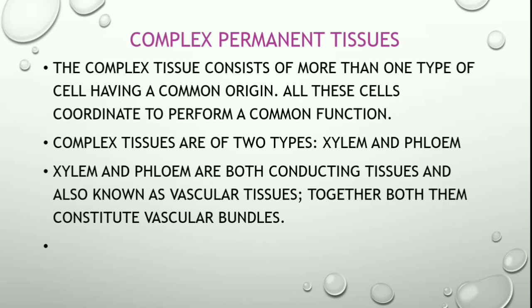So together xylem and phloem are called the vascular bundle, and these are conducting tissues. They carry out the function of conduction, the transportation of food and water. This vascular or conductive tissue is one of the distinctive features of complex plants, which made their survival possible in the terrestrial environment. Due to these tissues, complex plants are able to survive on land.